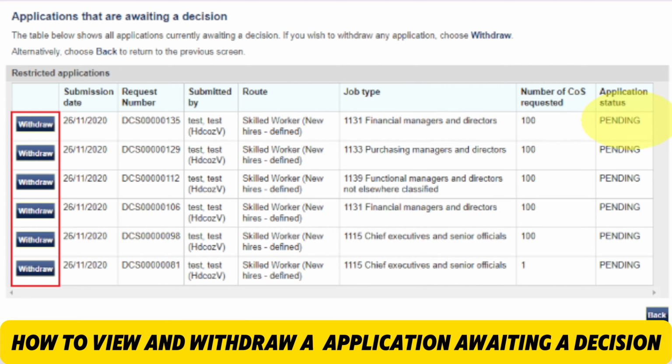Application status: pending. If you wanted to withdraw, you just click withdraw. The screen will only display applications that are pending a decision. So for example, if the decision is not pending, applications that have been granted can be viewed on the granted applications screen. Applications that have already been withdrawn, refused or rejected can be viewed on the view previously refused, withdrawn